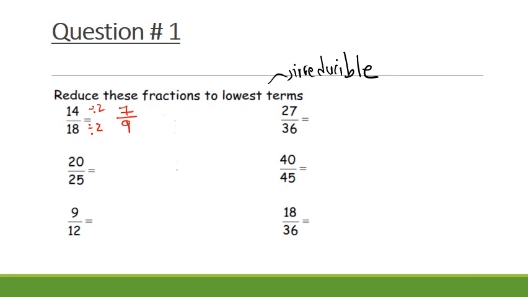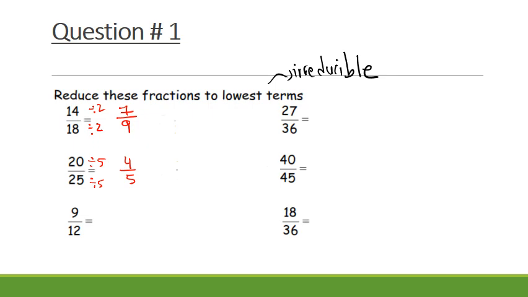The same thing I'm going to do in the second fraction. I have 20 over 25. Can I divide both terms by 2? No, because 25 is not divisible by 2. By 3? No, because 20 is not divisible by 3. I continue. Can I divide by 4? No. So it's obvious that I should divide by 5. So I get 4 over 5, and now 4 over 5 is an irreducible